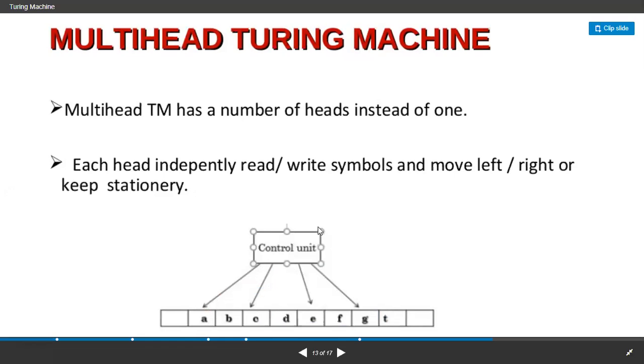Please make a note of this structure also. This will be useful for you to recognize it. This is a multi-head Turing machine. When we are talking about the types of Turing machines, if I show the structure and you need to recognize which type of Turing machine it is, just by seeing the structure we can recognize that it is a multi-head. Why? Because here we have n heads instead of one to control each and every input symbol. So automatically we can say that it is a multi-head Turing machine, right?